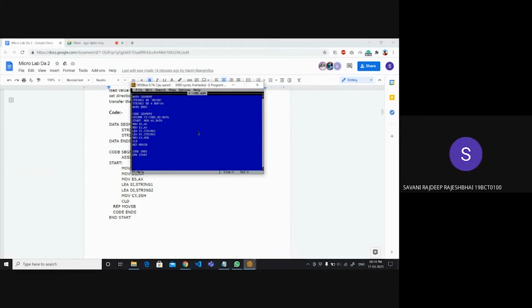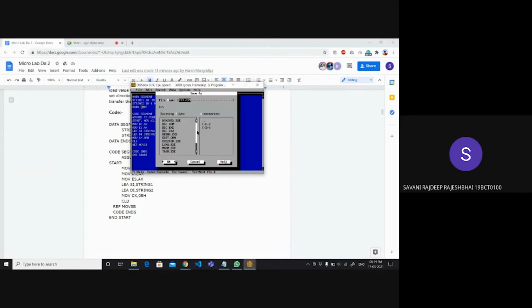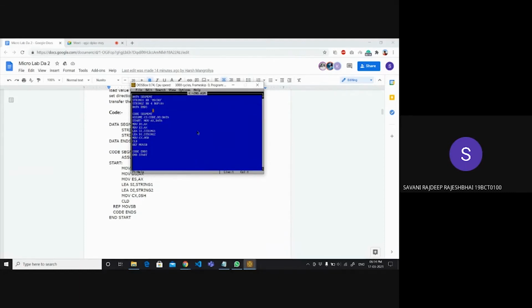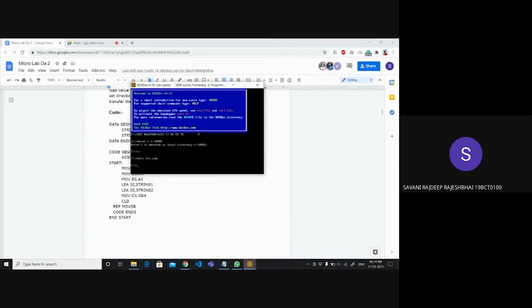Okay, this is the code file, and we have to save and exit from that file. Now we have to link the obj file to the ASM file by giving this command with the .obj extension.